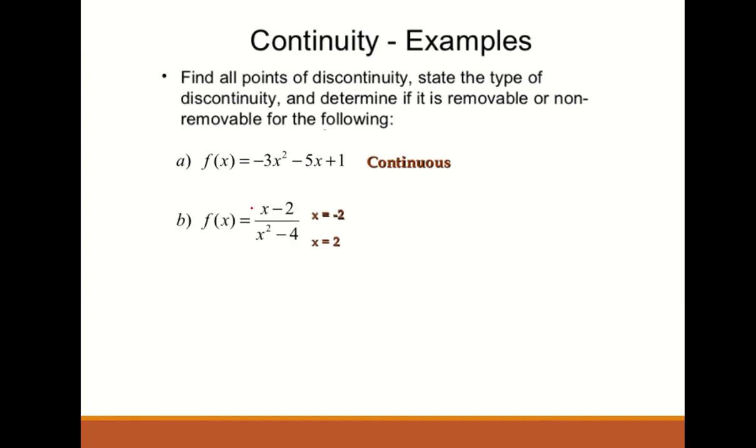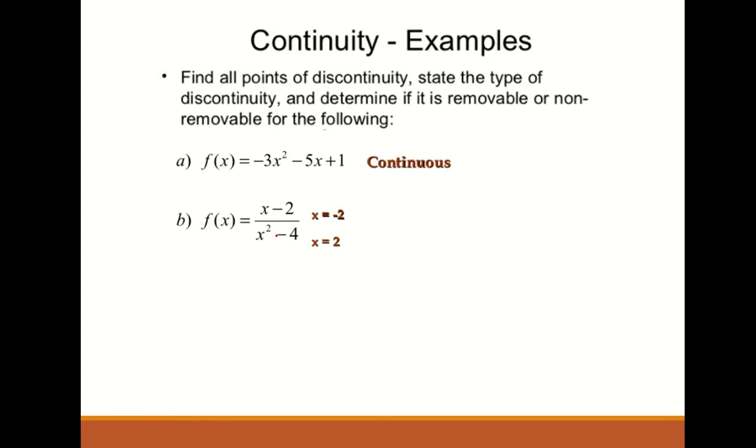We have a rational function here, f of x equal to x minus 2 divided by x squared minus 4, for x equal to negative 2 and for x equal to 2. What type of discontinuity do we have from this? Is it removable or non-removable, or essential? Non-removable means essential discontinuity. Okay, so for this example,